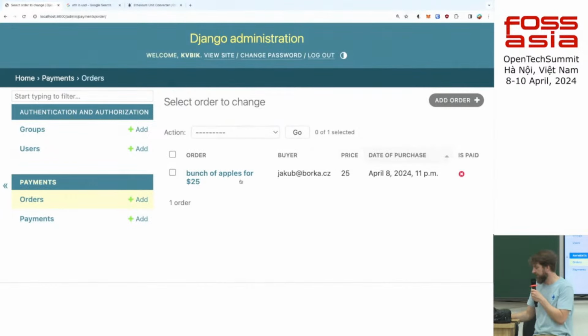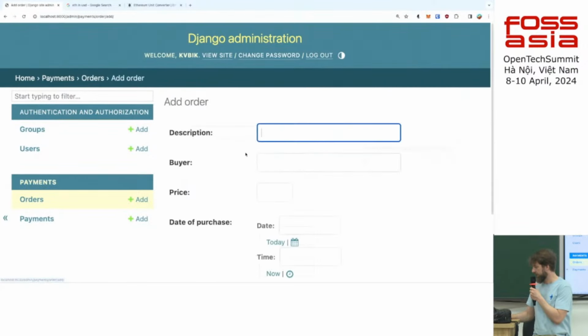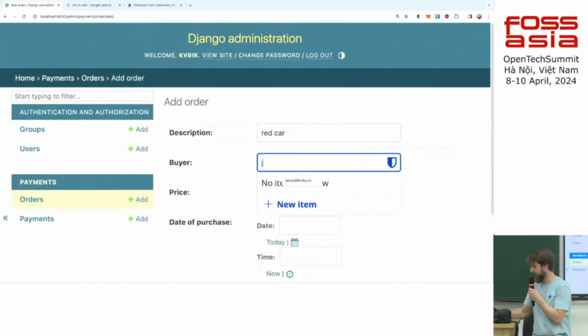Oh, I haven't deleted the old ones. So I'm gonna create an order, all right? So here I have created my test order. The description I said there, it's a bunch of apples. So let's create a new one. Let's do red car, all right? We're gonna buy a car. Buyer is gonna be again me,